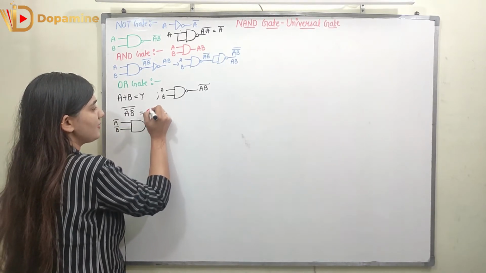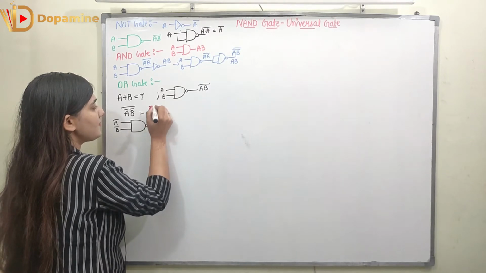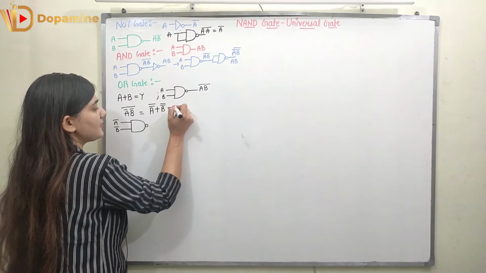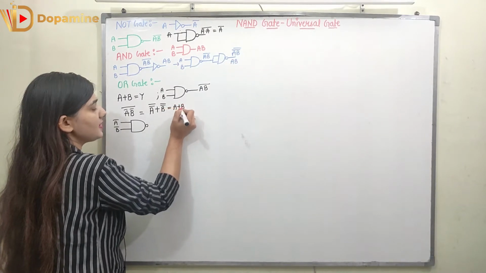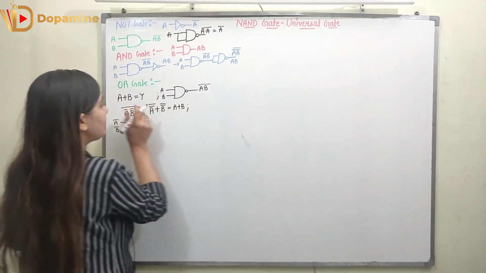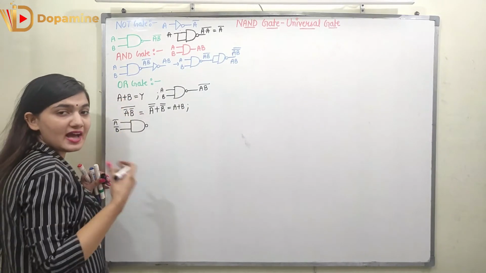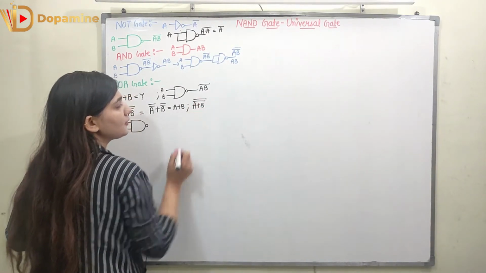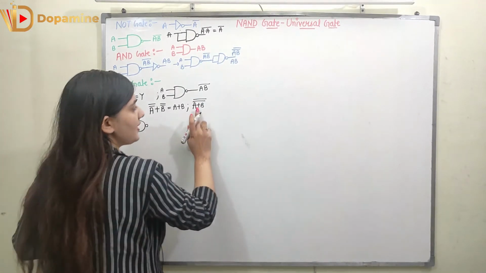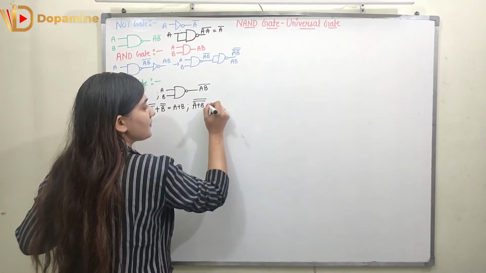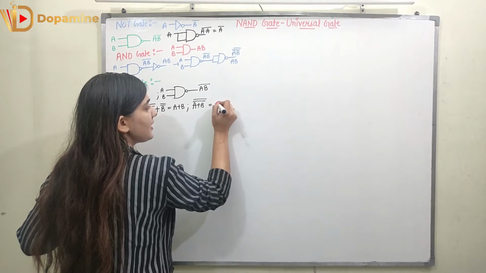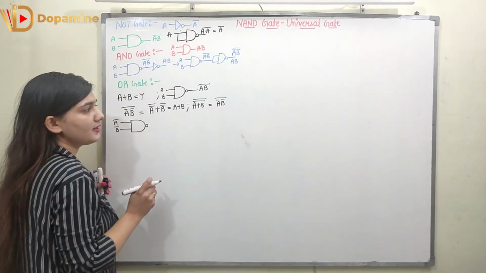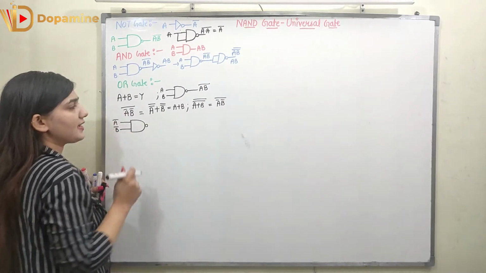What is happening over here? De Morgan's law is applied. So it is A bar bar plus B bar bar, which is A plus B, right? I can take it alternatively also. The output I have to get is A plus B, right? What I am going to do is take two complements of it. So A plus B bar can be represented as A bar B bar, whole bar. Right? So this is how I can find out.